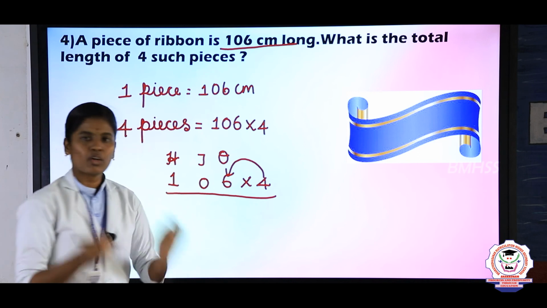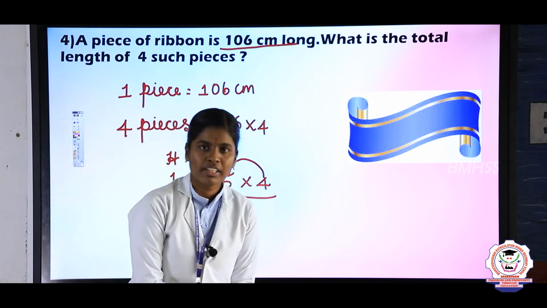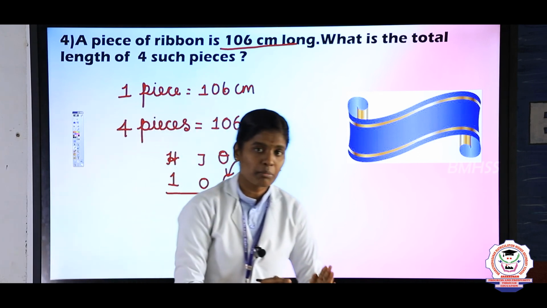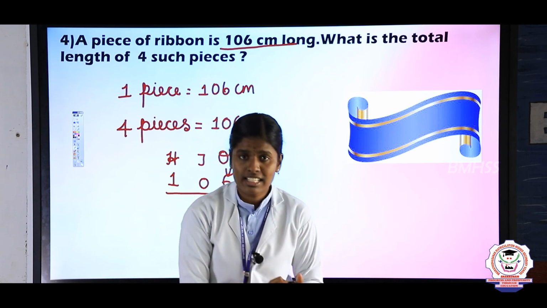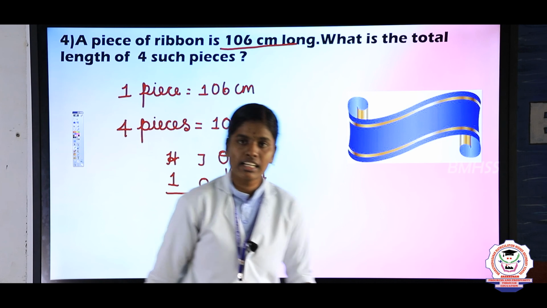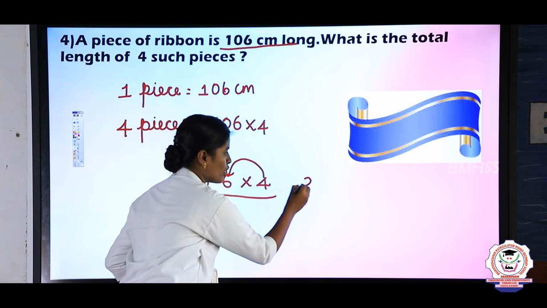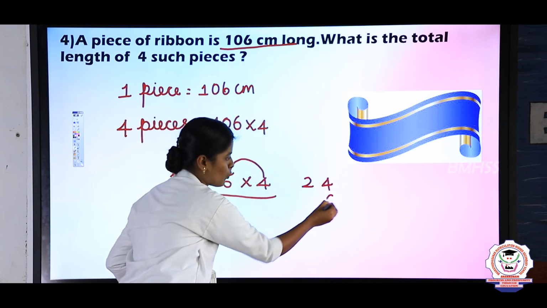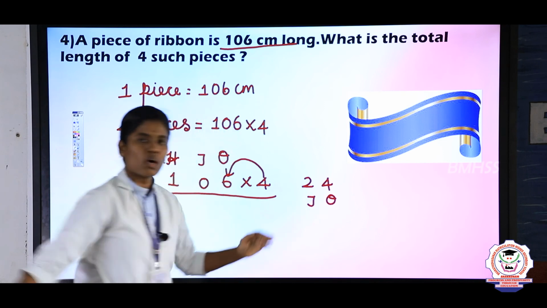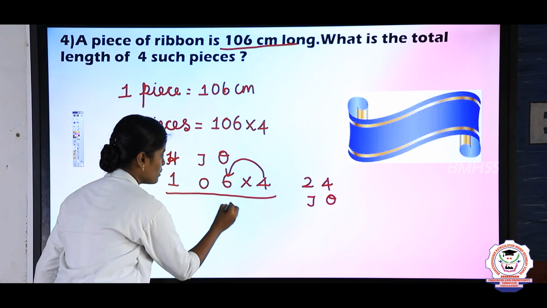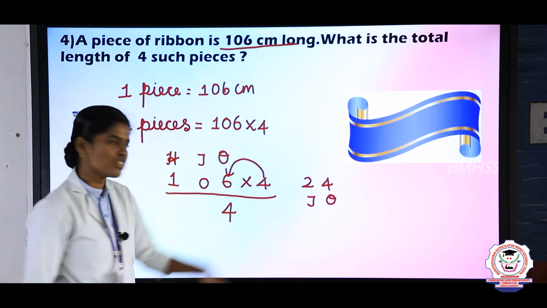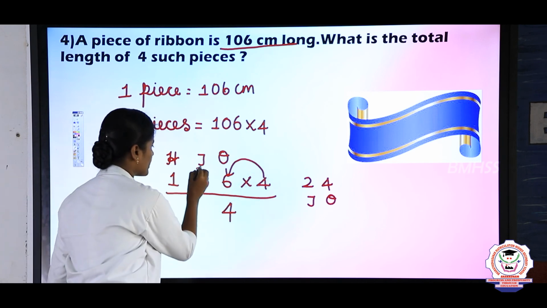Now tell me Divakar, what is the answer? 4 6s are? Very good. So 4 6s means 6 times of 4 or 4 times of 6. So the answer is 24. Here you got a 2-digit number, that is ones and tens. Now we are going to write the ones place value under the ones column and carry over the tens place value to the tens column. So write 2 here.